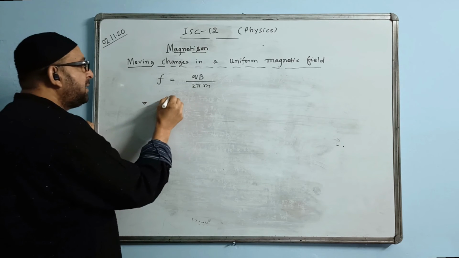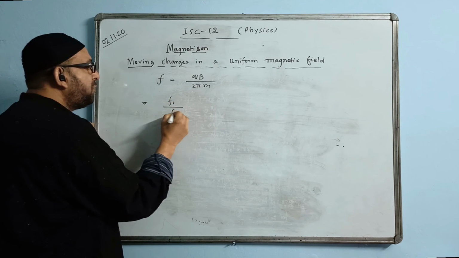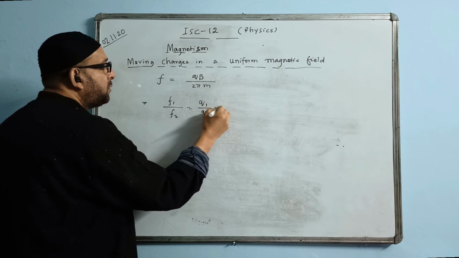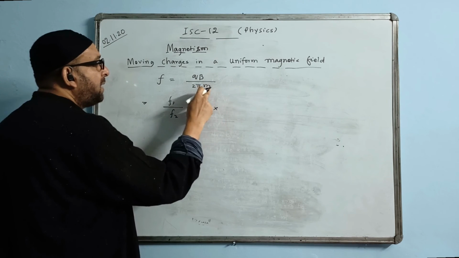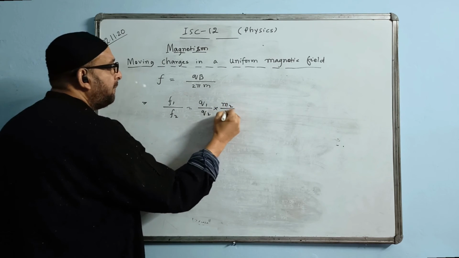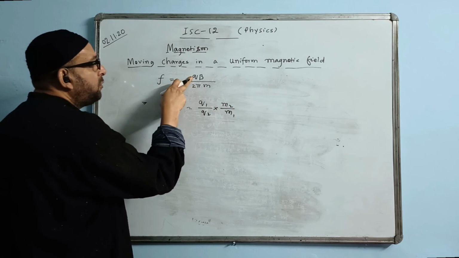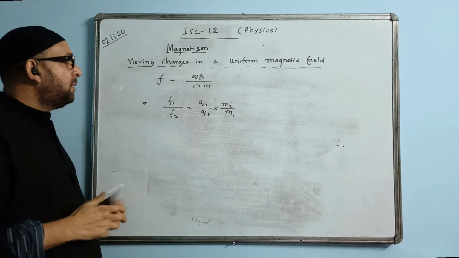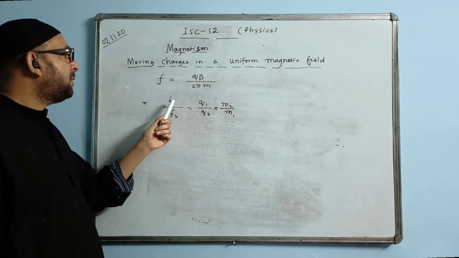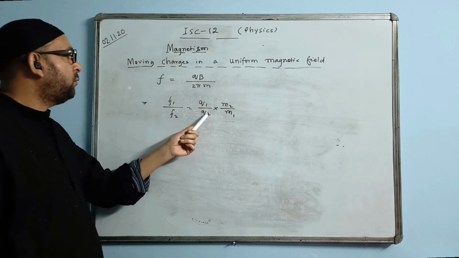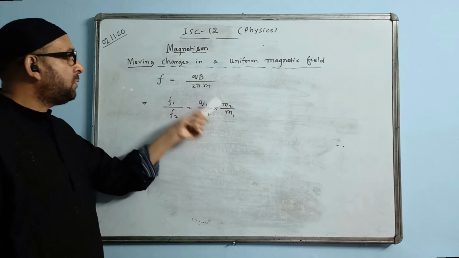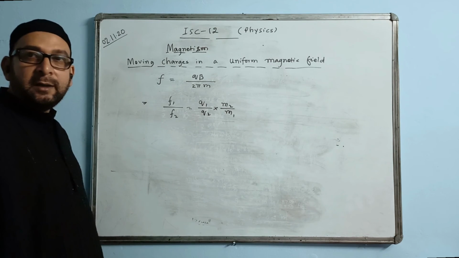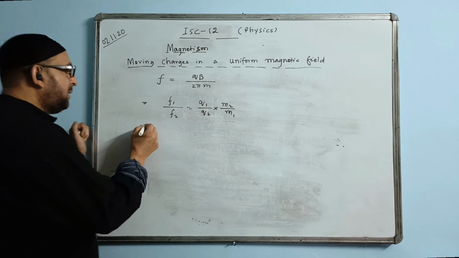There are two cases. I write as equation, F1 by F2 ratio. Here I write Q1 by Q2, directly proportional. For mass, we will write opposite, M2 by M1. F is directly proportional to Q and F is inversely proportional to M. So for directly proportional we write the direct ratio, 1 with 1, 2 with 2, and for inversely proportional we write the opposite, M2 by M1. B is same, so we will not write anything about B. Now we check the answer.